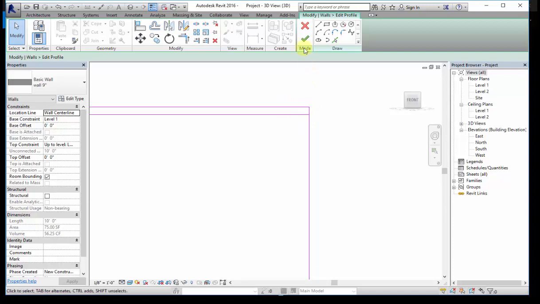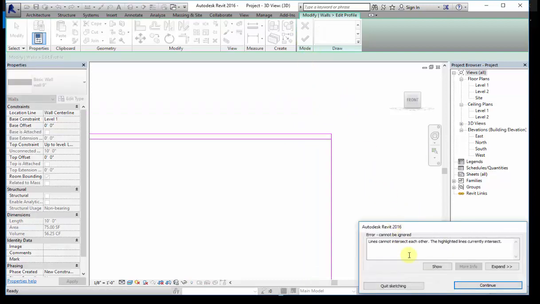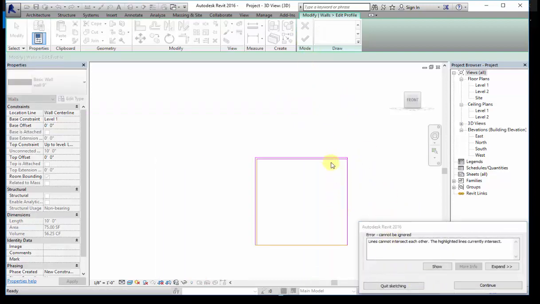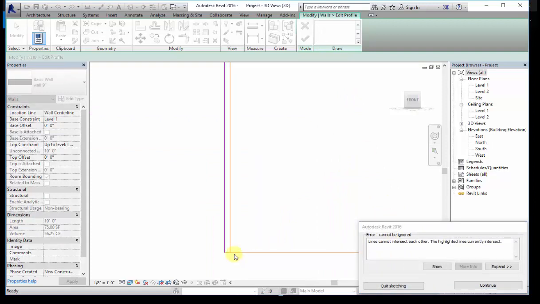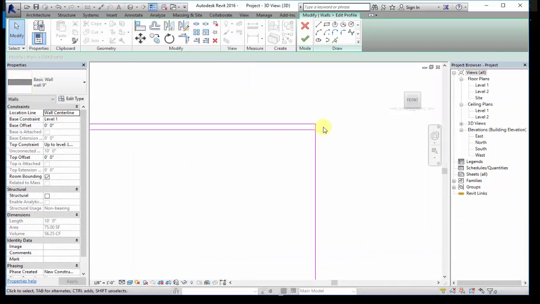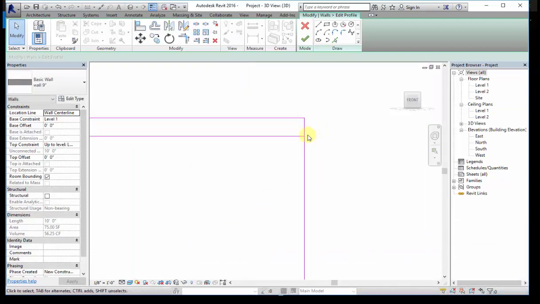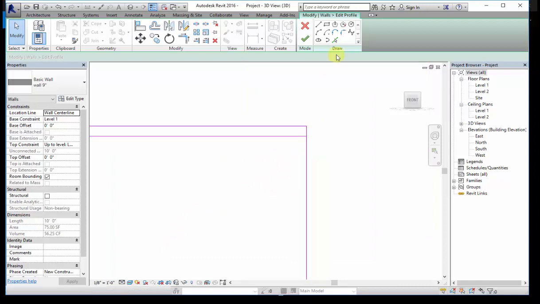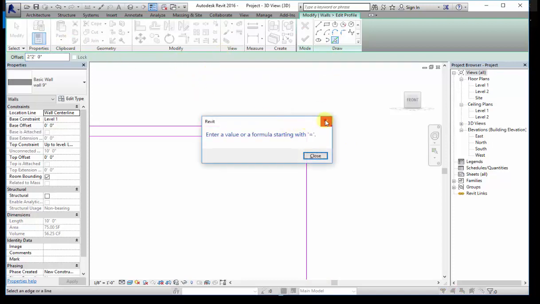Whenever I click on finish, it is going to say that the lines are intersecting, so it can't get finished. Here also we have the same situation. From one point only 2 lines can pass, not more than 2 lines and not less than 2 lines either. Here again, if I do the offset, it will come back to its normal mode.